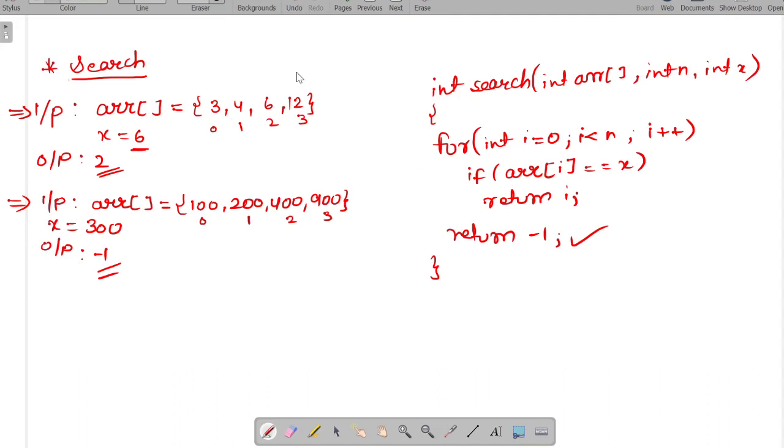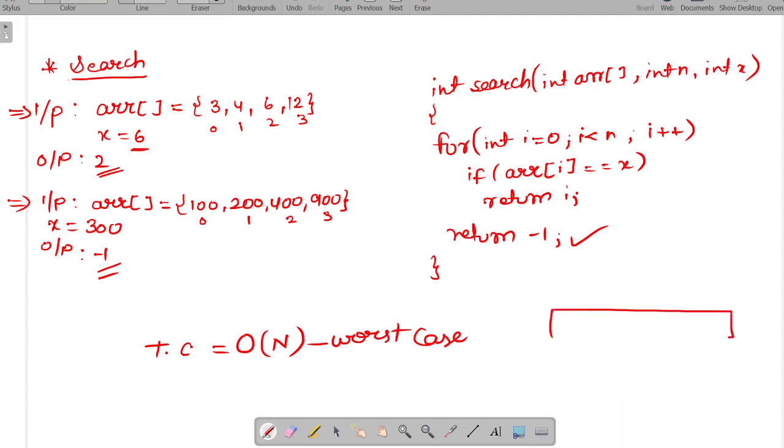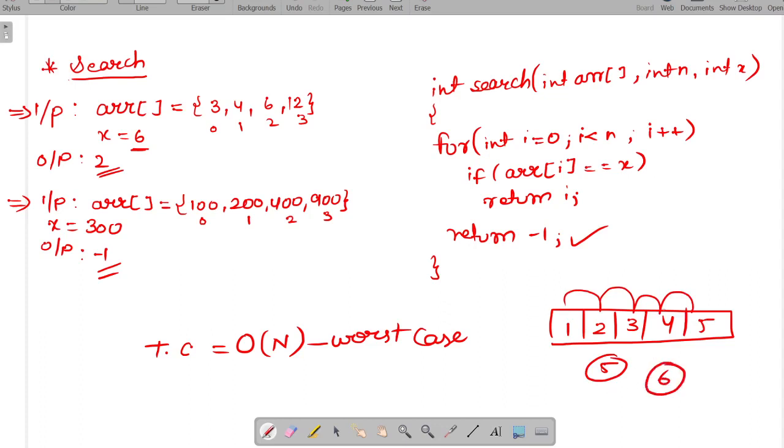The time complexity for searching in an array will be big O of n in the worst case. We can see that for a given array, if we have elements like 1, 2, 3, 4 and 5 and we are searching for 5, then we have to traverse the entire array, or even if we are searching for an element like 6, then also we have to traverse the entire array.